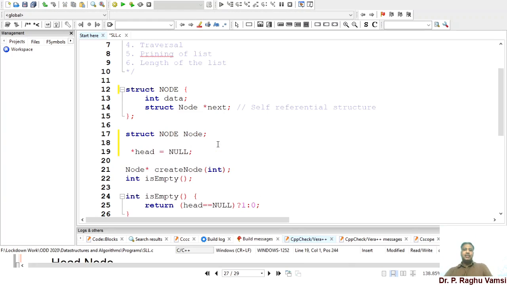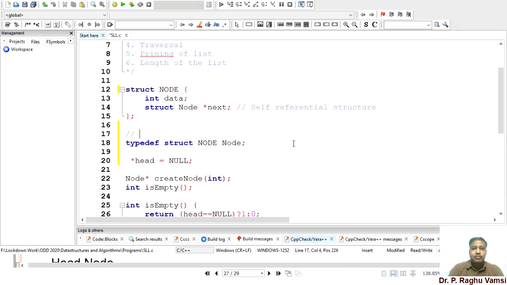So the meaning of this is, here struct node typedef. Typedef is a keyword which creates an alias name. Alias name means some pet name kind of thing. So typedef struct node means wherever struct node is to be referred, you can refer to it by a simple NODE.